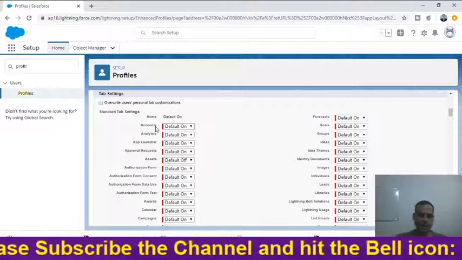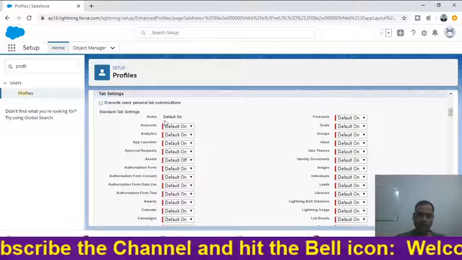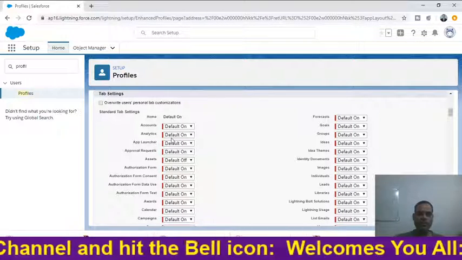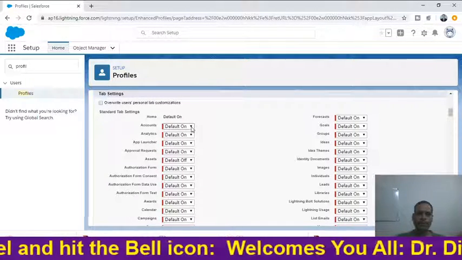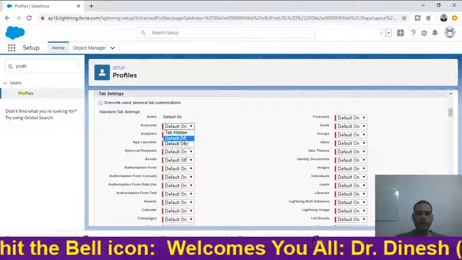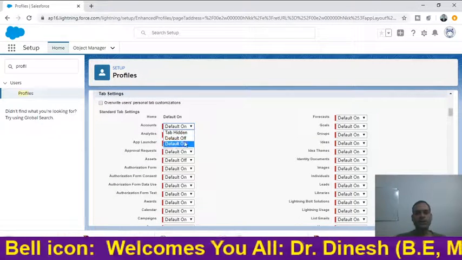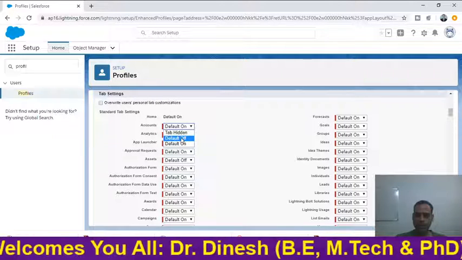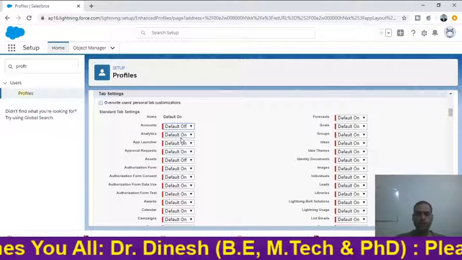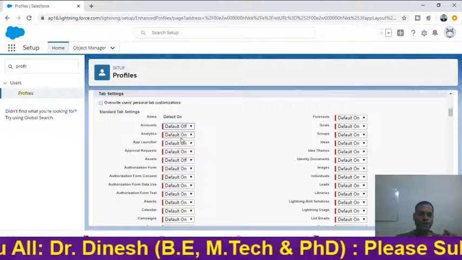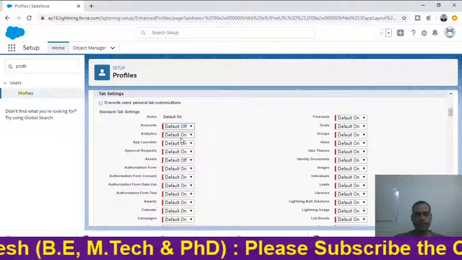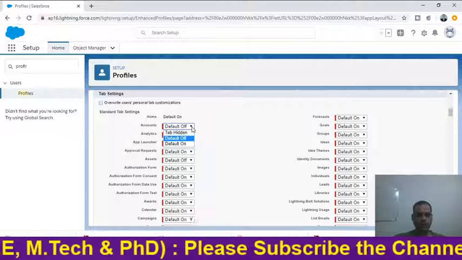So the first one is Account Home, which is on by default, then Accounts, Analytics, App Launcher. Now if we want to disable a particular tab, there are three options available. Whatever you want as per your needs, you can do that. Suppose you want to turn it off, you can do that. This tab will not be visible to the particular profile if we choose default off,